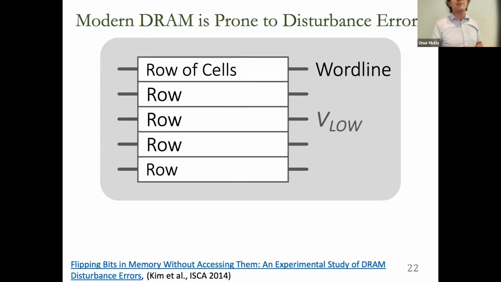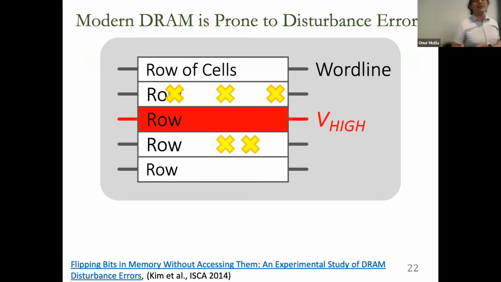Now, if you keep doing this repeatedly, activate, pre-charge, activate, pre-charge, activate, pre-charge, essentially we found out that physically adjacent rows get bit flips in vulnerable cells. And clearly this should not be happening, right? Because nothing should be changing in memory. We're just activating a row. But now you're actually corrupting data in nearby cells. This data can belong to your own application or some other application, the operating system. As a result, this is a data corruption problem that could affect your safety, clearly reliability also, but security also, because these bit flips can be taken advantage of, as I will describe in a little bit.